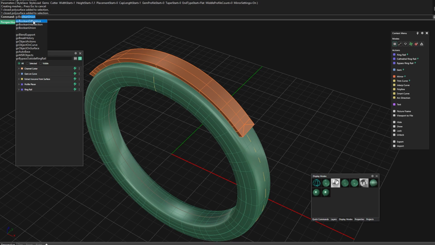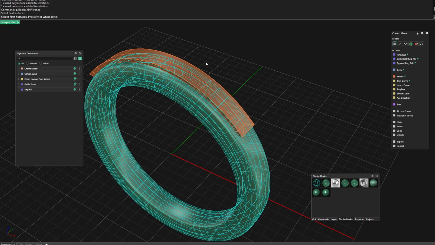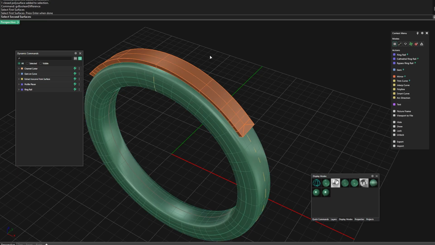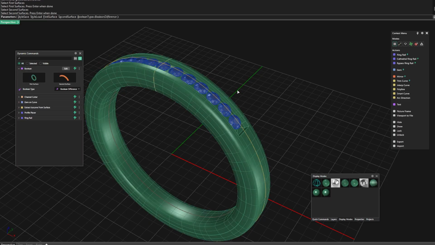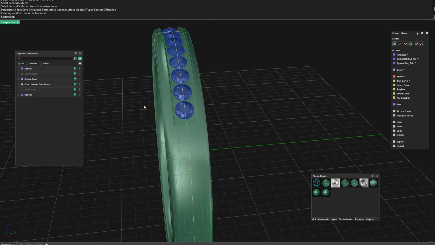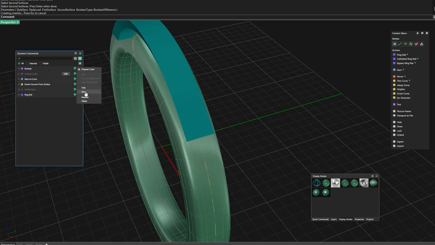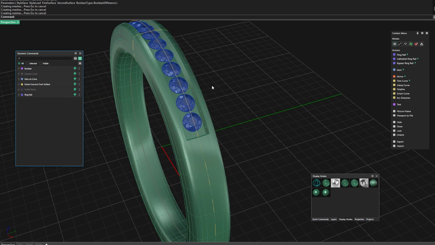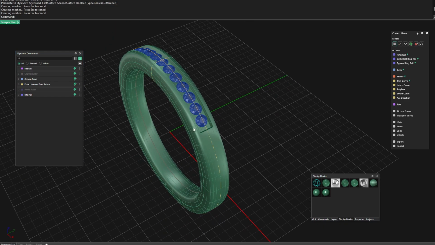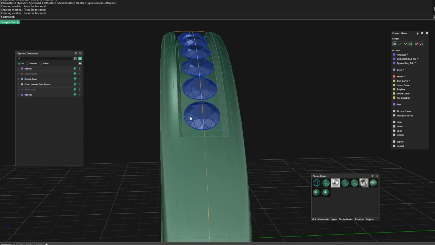So we're going to go to GV boolean difference, right? And it's to select our first surface. That'll be this one, and it'll be cut by this one here, and then we'll right click, and then we have our cutout, right? And we'll just accept that. Now we can always go back and edit that boolean, right? We can edit that, show or hide,